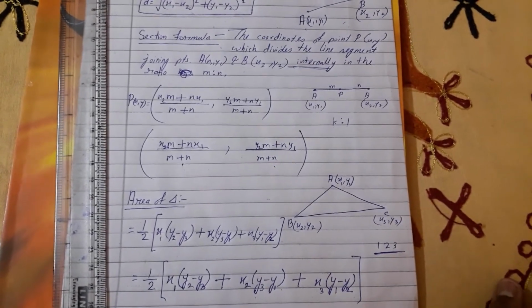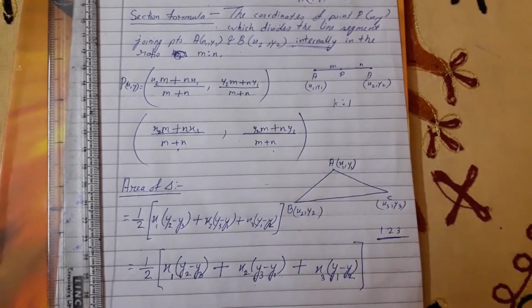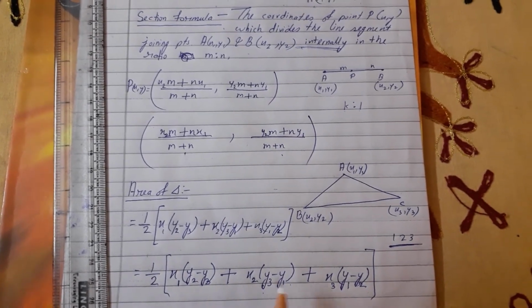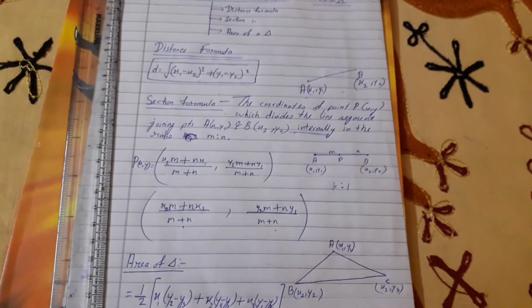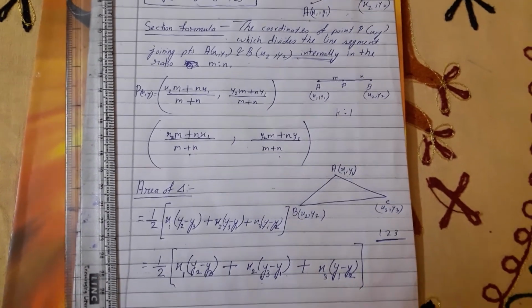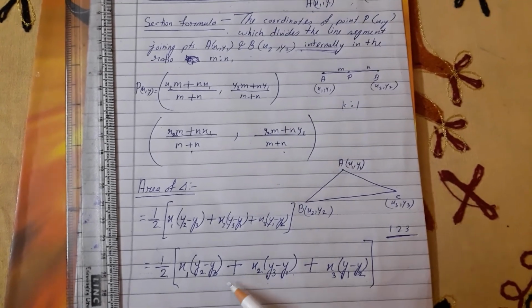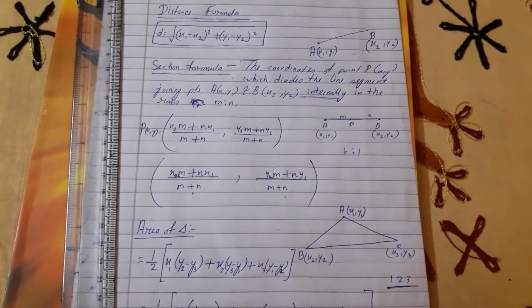Okay, see students, math is not a tough subject. Okay, it's a very easy subject. Only you have to use your mind, you have to play with the numbers, you have to play with the formulas. Okay, then it will be very clear to you. So please make it easy and remember these two formulas in the way that I have shown to you. Otherwise maths is a very easy subject. It's not the tough subject that you always think. So practice properly. So today up to this.